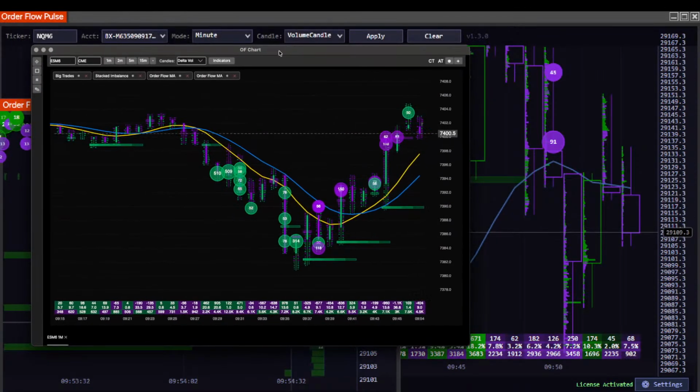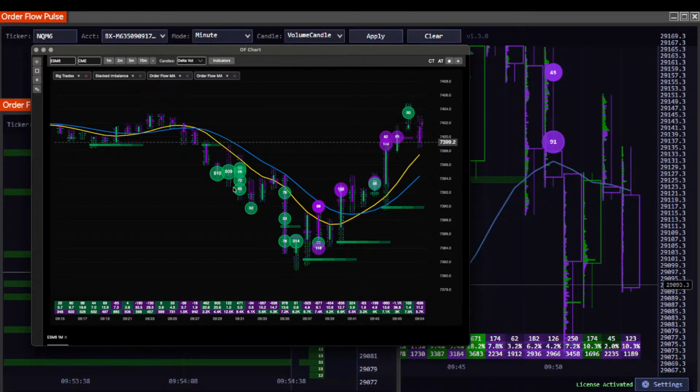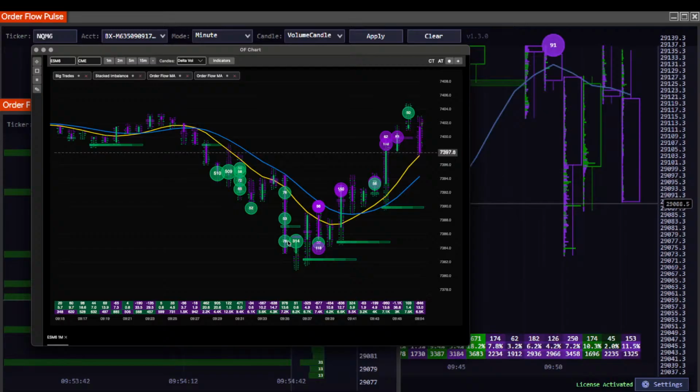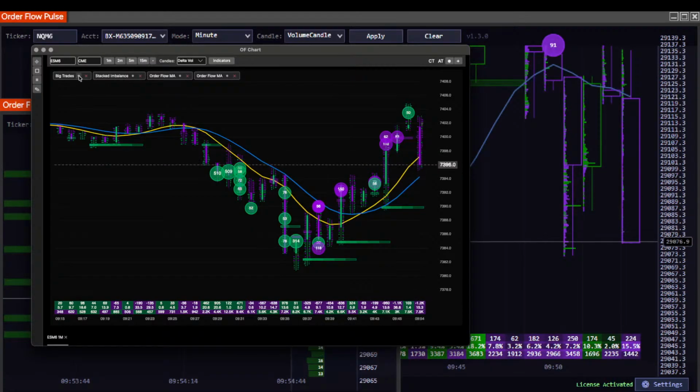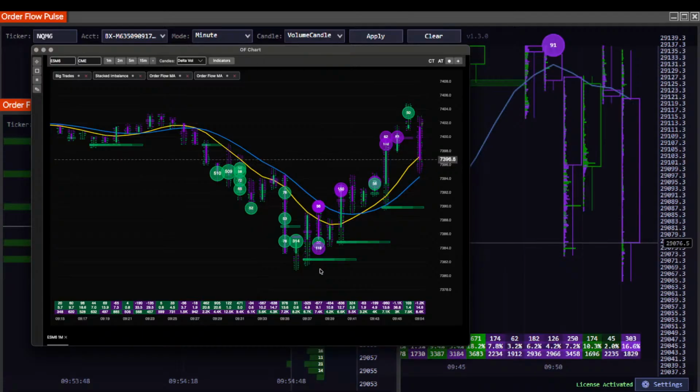You can tell on the ES, this is my platform that I'm working on, that they had a lot of buying. A lot of buying up in here. Big trades and single order contracts at 50 on the ES. It has some buy imbalances right here, and they keep pushing it up, pushing it up, pushing it up.